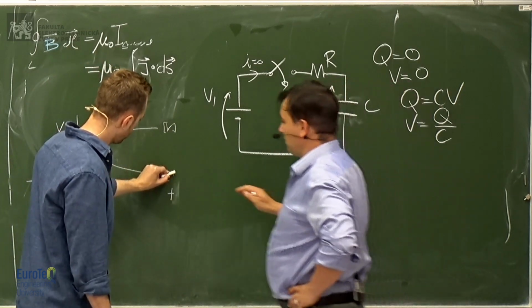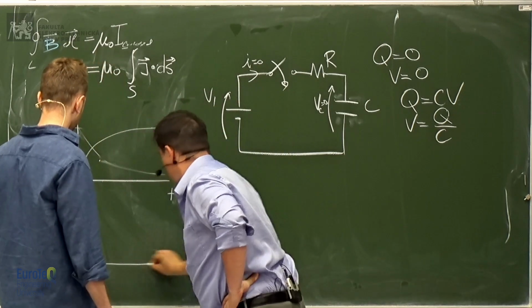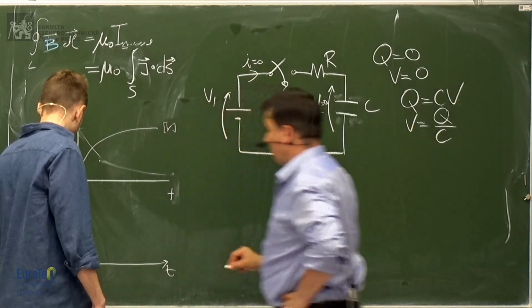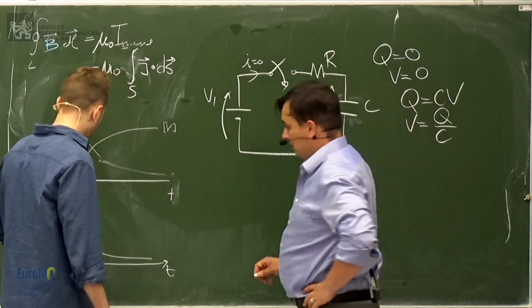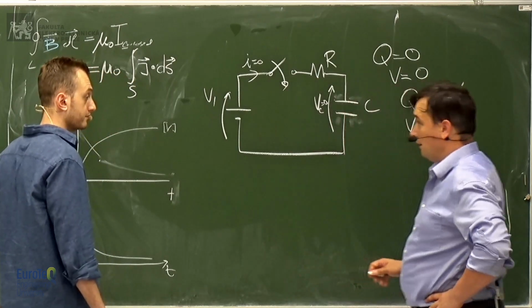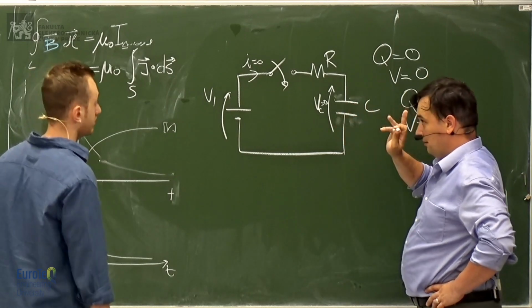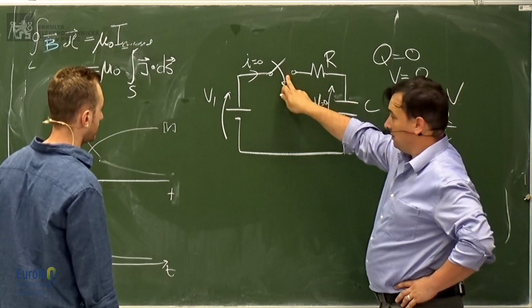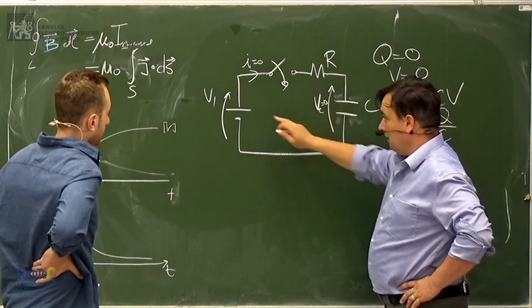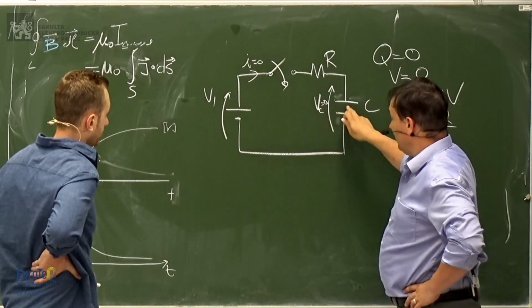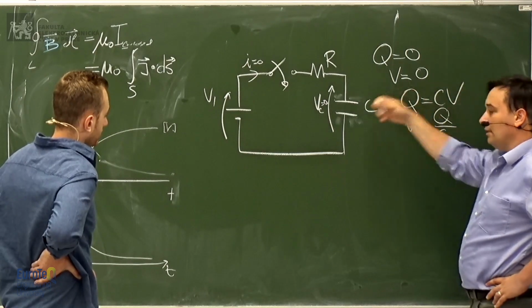Let's do it on another axis, because I want to show exactly. So this is the current, and it starts from? It starts from infinity. No. Be careful. Look at this circuit. When you close it, the very same time that you close it, what happens? Current starts flowing. Yes, but here the voltage is still 0, because not a single electron arrived to this capacitor,